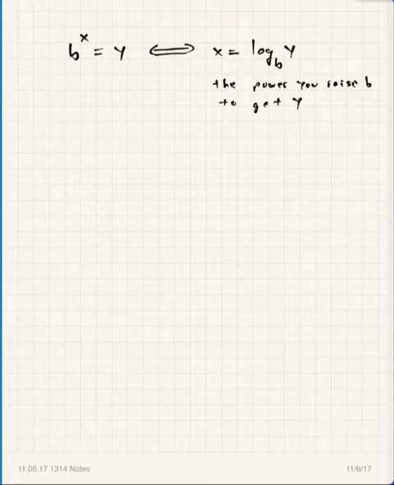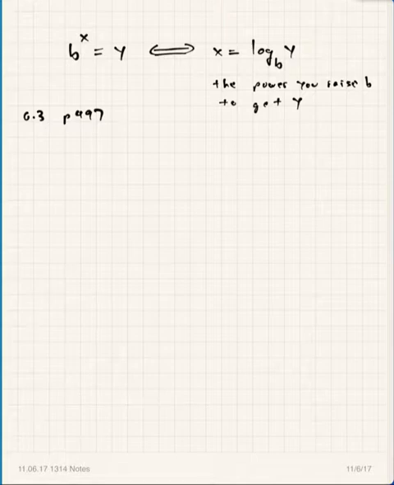So now I'm in section 6.3 of your textbook. This is on page 497. And I'm going to work through some problems on this page that are just asking you to translate back and forth between exponential form and logarithm form. And then we're going to actually evaluate a few logarithms also.